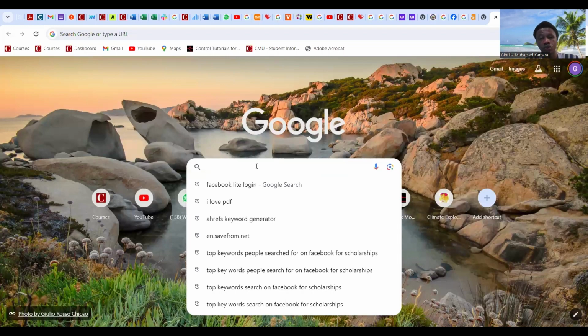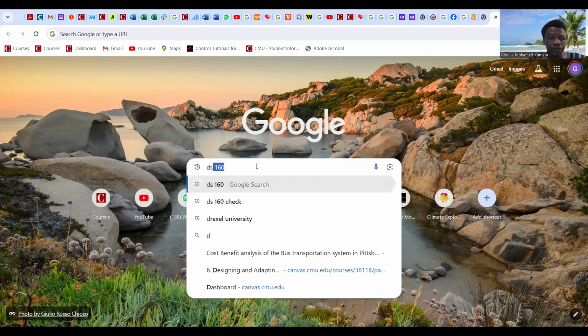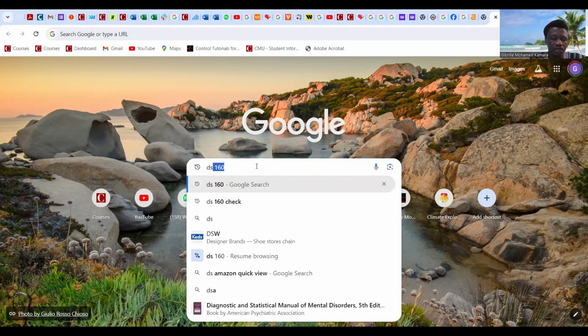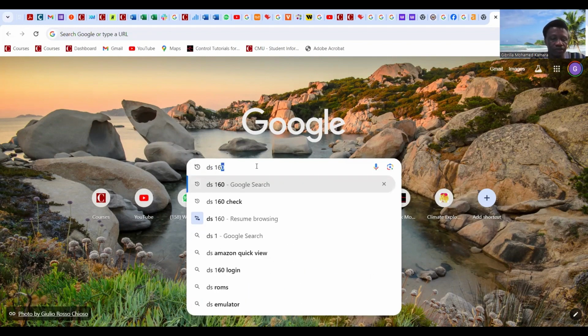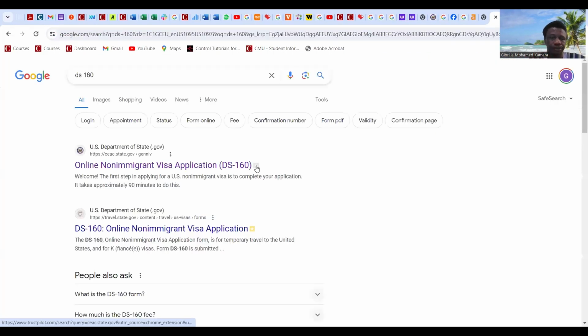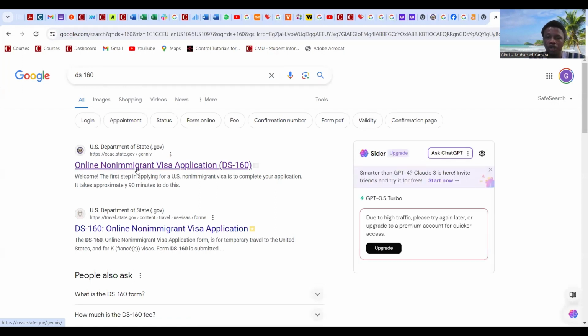Okay, guys, so once you open your Google, or Chrome, use your computer, just type DS-160. So you can see this one, because let me just type it in full, DS-160, and you click. Okay, you will see this one, online non-immigrant visa application. So you just click on it